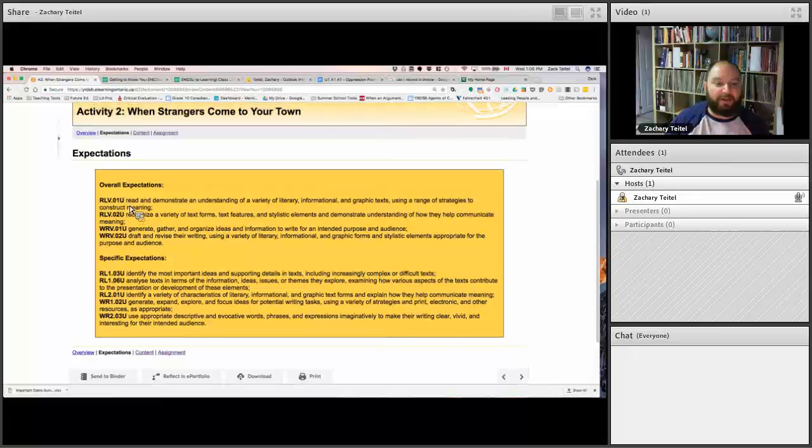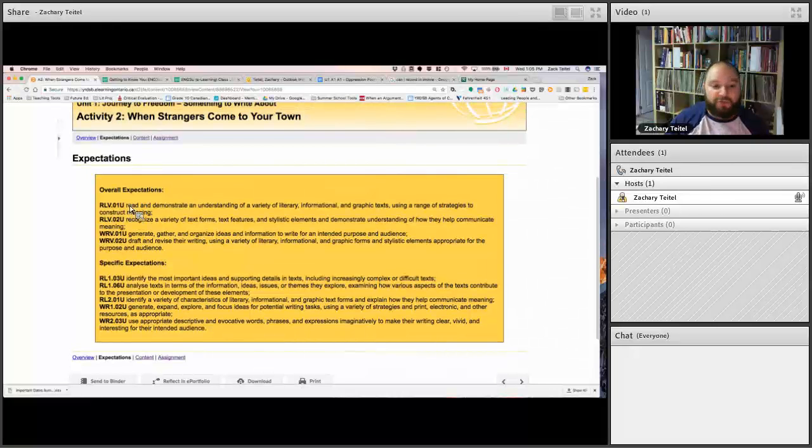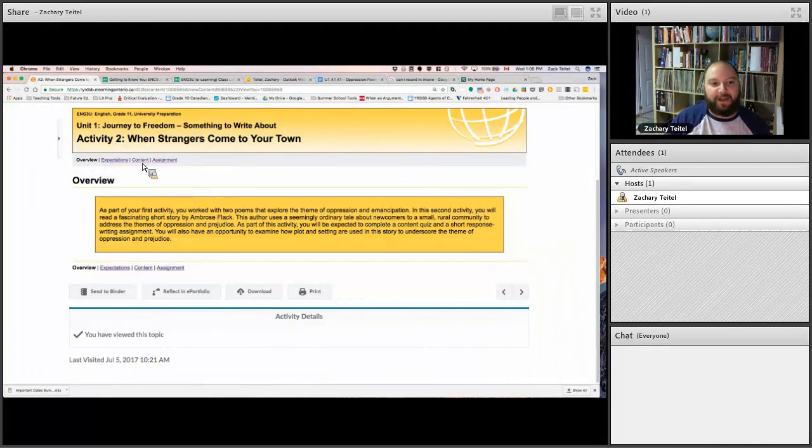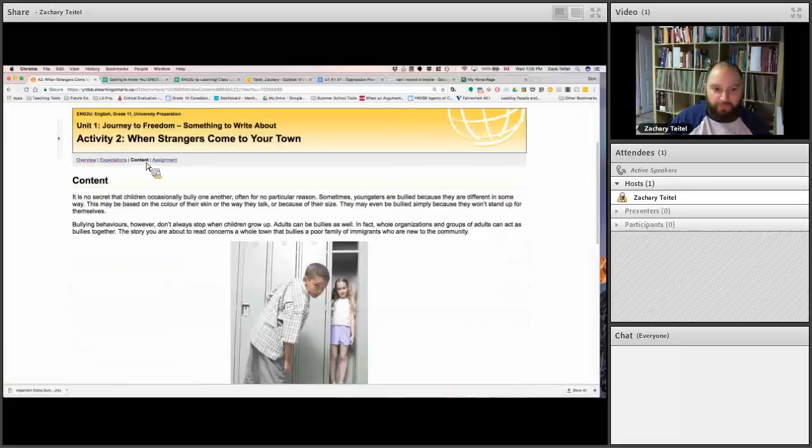of this activity. I'm going to be honest with you, most of you aren't going to look at this, and you don't really need to. It can be helpful to understand what it is you're shooting for in terms of your learning. So I'm not saying don't look at it, but it's not the biggest deal in the world if you don't end up poring over these expectations. You do want to look at the overview, like I said, and you definitely will need to look at the